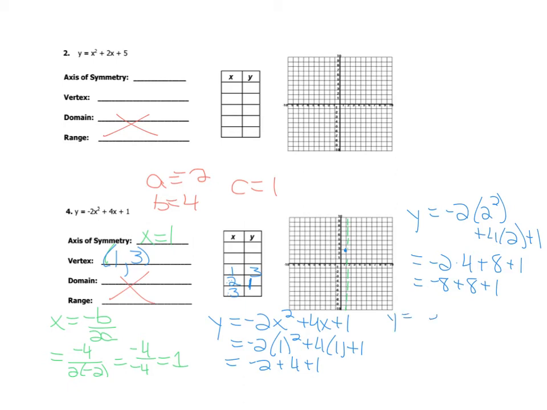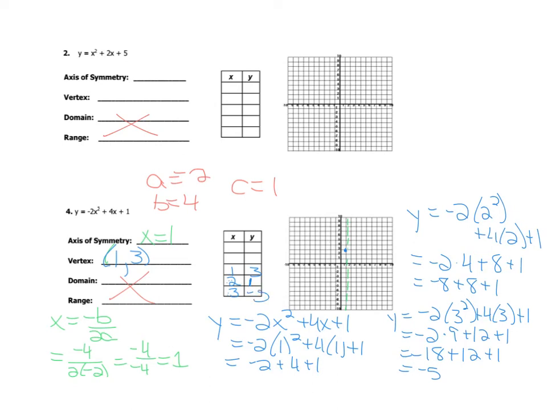Oh, I gotta have that negative 2 first. Negative 2 times 3 squared plus 4 times 3 plus 1. So what is that? Negative 2 times 9 plus 12 plus 1. Negative 18 plus 12 plus 1. What is that? 5? No, negative 5. Negative 5, right? Yeah, check me out. Make sure I got that right. So 3, negative 5